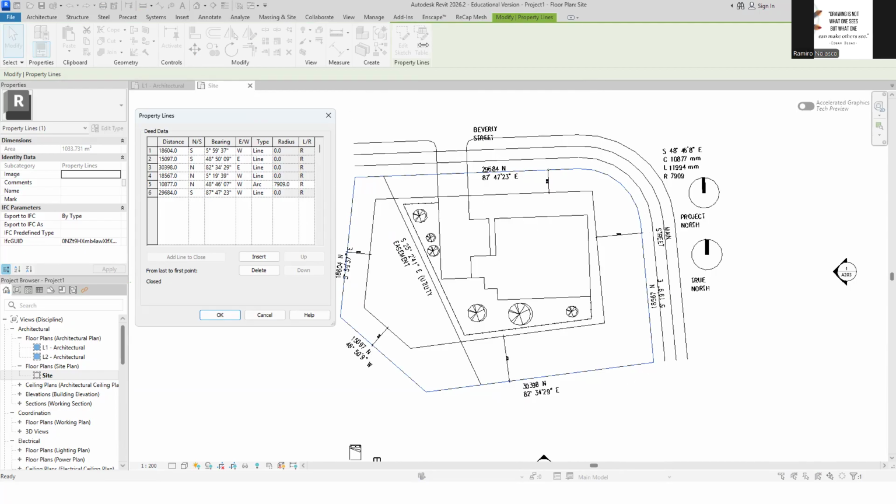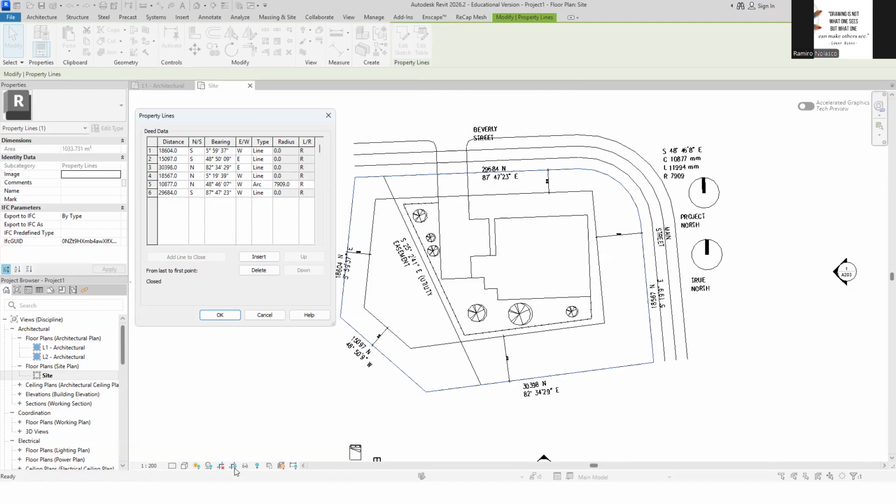Okay, we can convert this to the table, so you can have the bearing check, the distances, the bearing check. So you can check this, right? Take a photo of that, check whether it is similar or the same as the one we have for our AutoCAD file. See, even the arc, right? 7909.